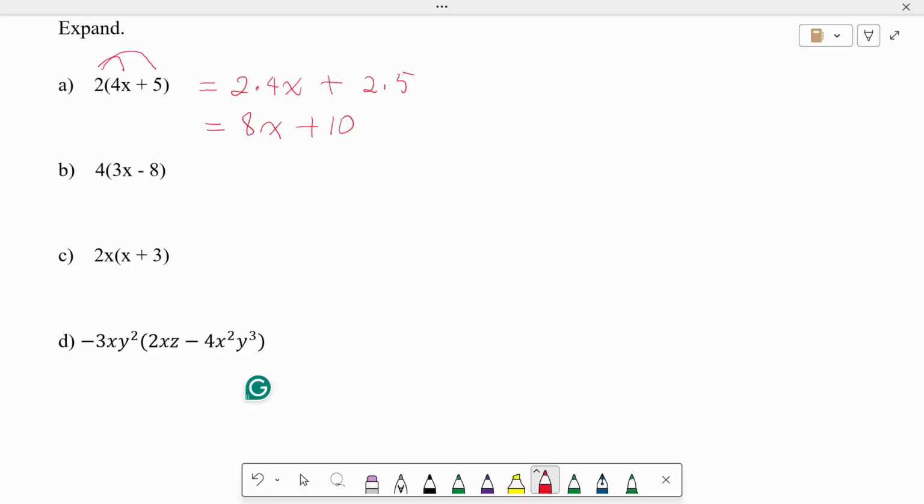All right. Everyone good? So let's multiply the 4 into everything. So in this case, you got 4 times 3x minus 8 times 4. Okay, so what do you get? 4 times